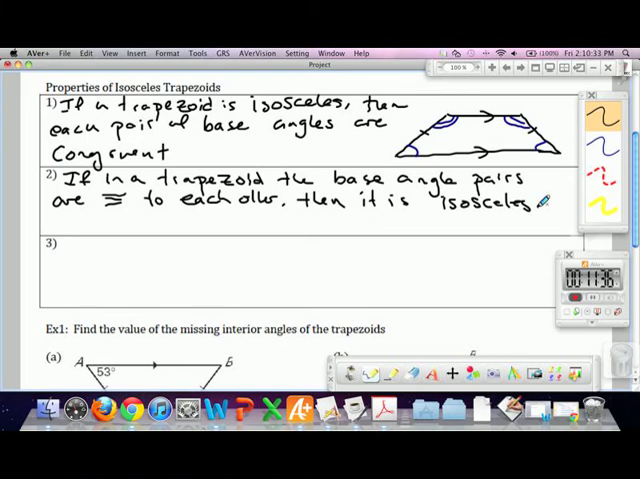The last property that we'll jot down before we get to some examples on trapezoids is the following. It talks about the diagonals of a trapezoid. So the diagonals of a trapezoid are congruent